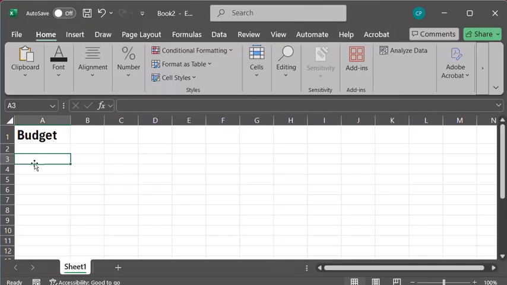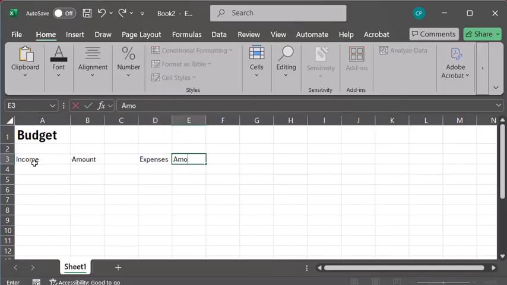And then leaving a little space, I'm coming down to row 3. I'm going to make column headings for income, amount, and then expenses and amount. So I have income in my first column and then amount. And then I'm going to leave a space there and do expenses and amount.